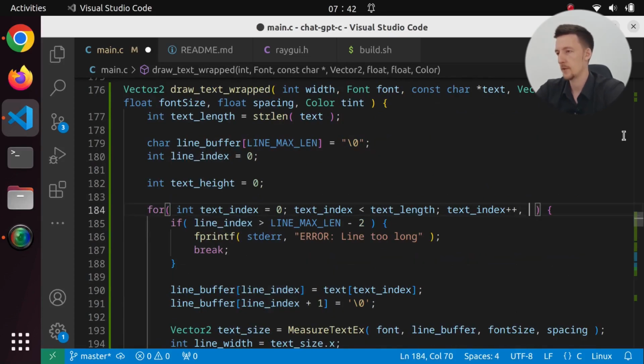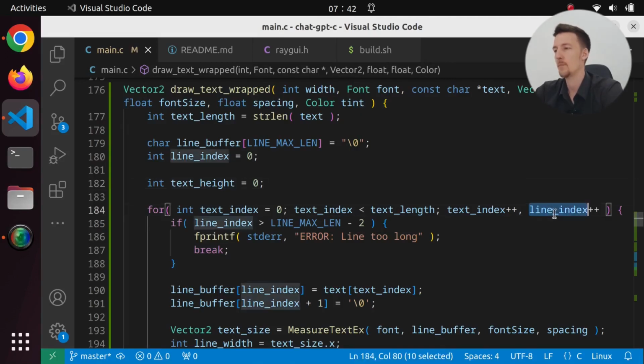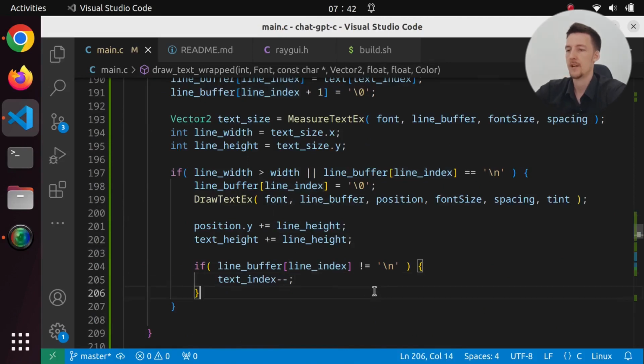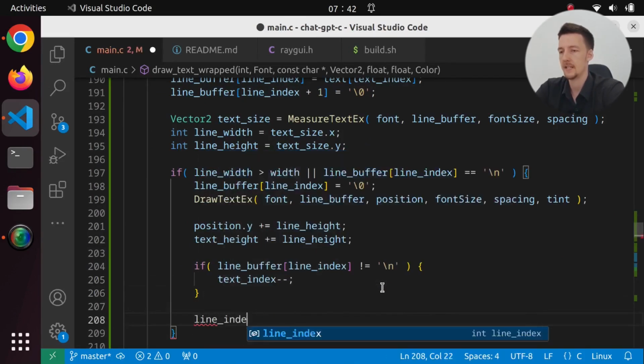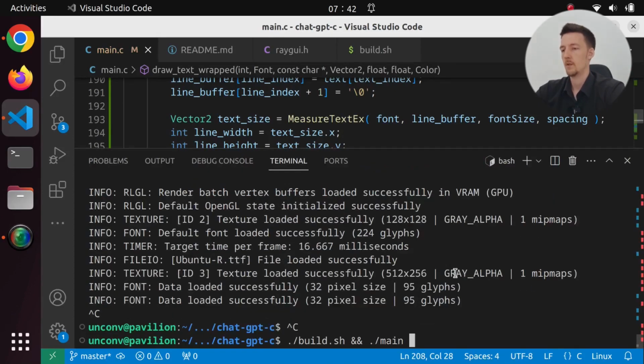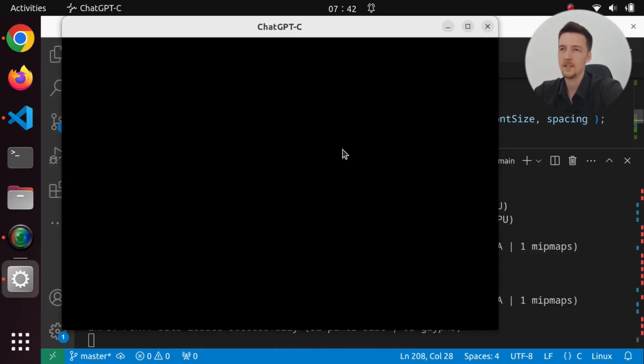Can we comma separate here, line index plus plus? Apparently we can. So we add to both of them, but we have to zero it out here. Here we have to say line index is 0 because we have to go back to the first character. Okay, so let's build and run this, and we are still in some kind of loop and we have a black